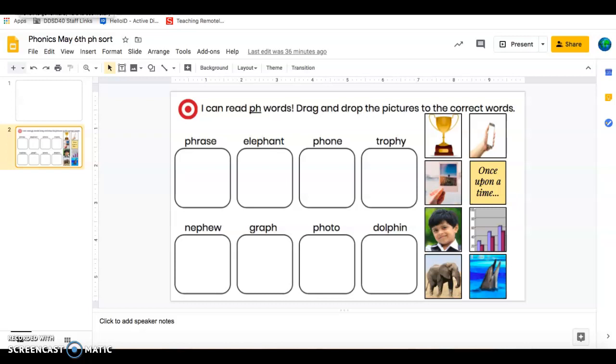For phonics today, we are working on I can read PH words. Remember, PH is called a digraph. That's when two letters go together to make one sound. So it makes the sound. Your job is going to be to drag and drop the pictures to the correct words. So you're going to read these 8 words and make sure to keep in mind that the PH says